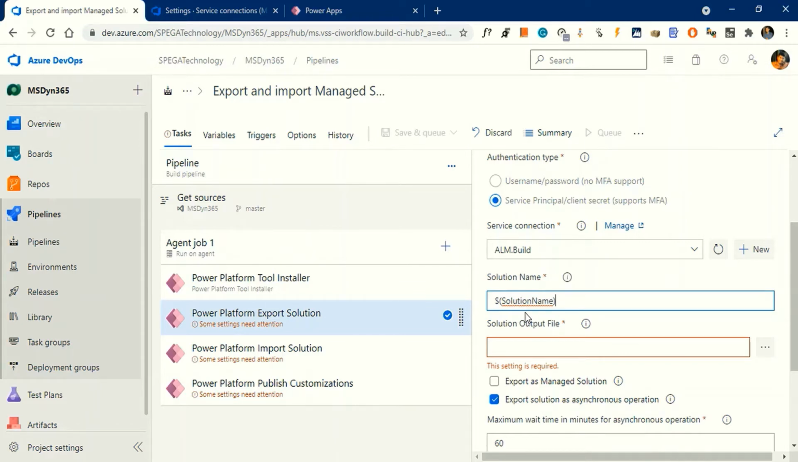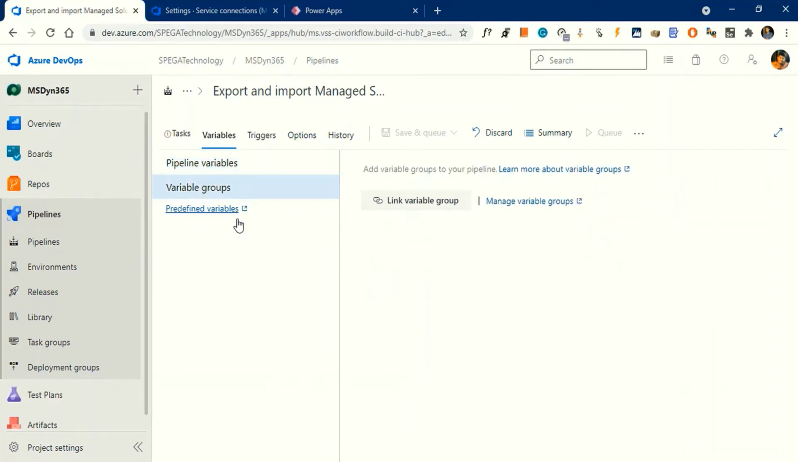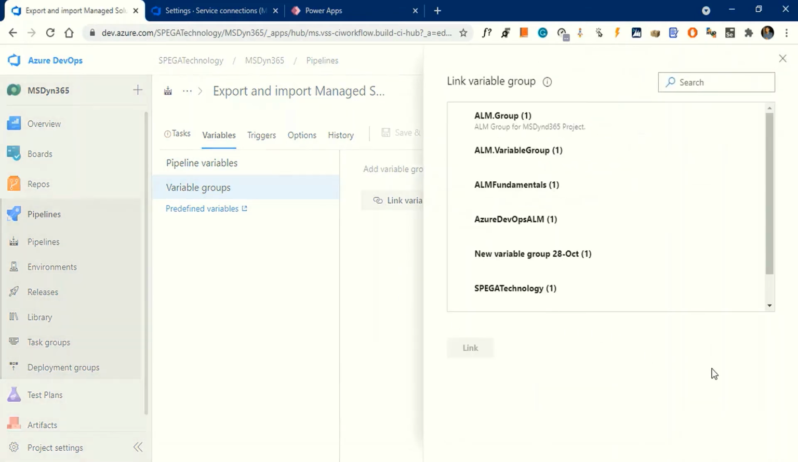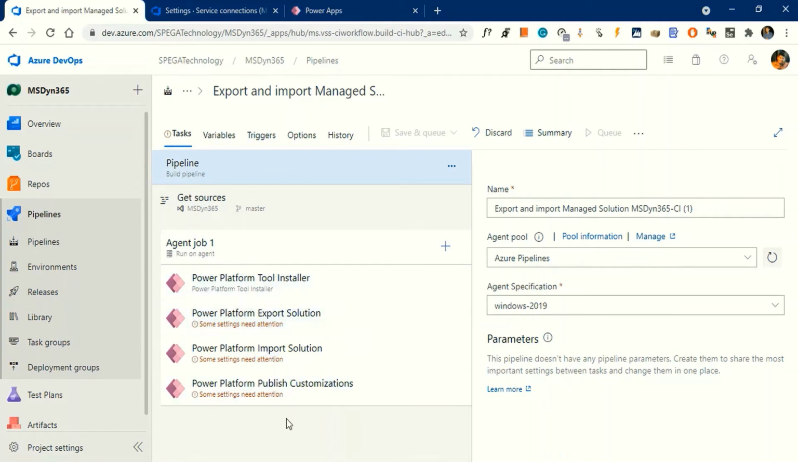For that, go to variable section, add the variable group, click on variable groups. We already have a variable group in the variable group section. Click on variable group, select the ALM group, click on link. This is a variable which we have already added to the variable group. Click on export task,